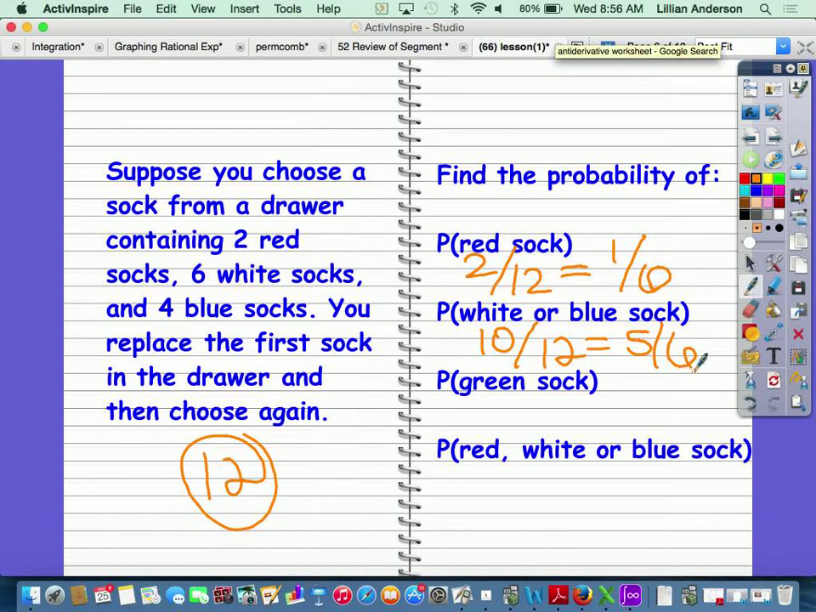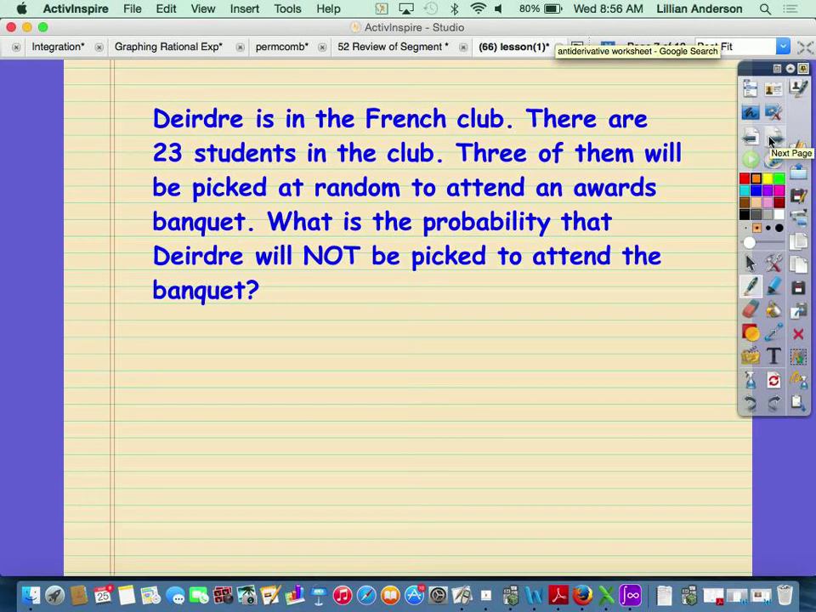What about the probability of getting a green sock? 0. Why is it 0? There are no green socks. But what about the probability that you have a red, white, or blue sock? 1. Because that's all the colors that were in there, right? 12 out of 12. 1. Okay? And the next one, it says,